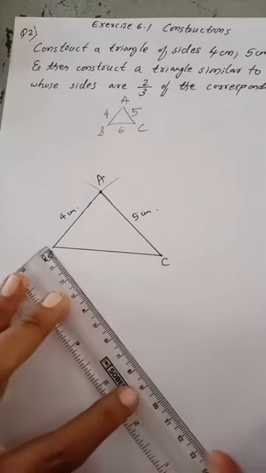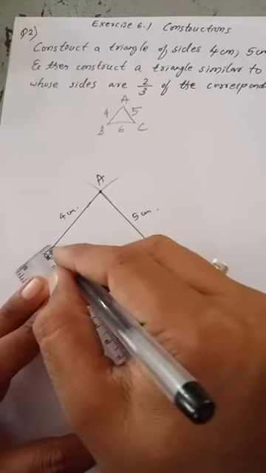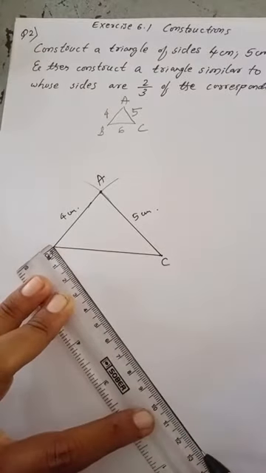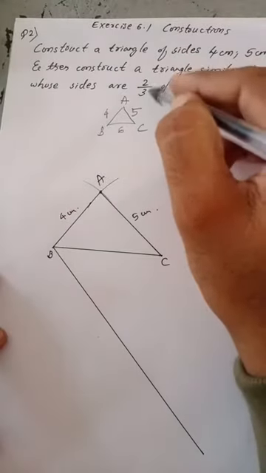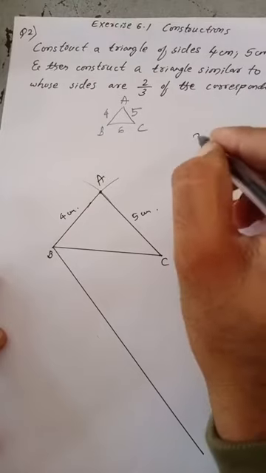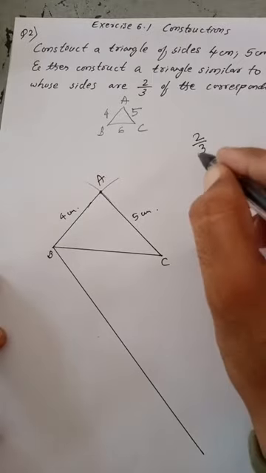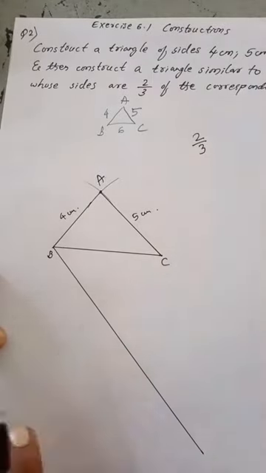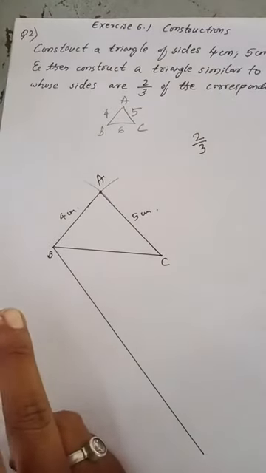The next procedure is the same. Draw an acute angle ray. Whichever question it is, you should draw an acute angle ray like this. Then observe the fraction value, that is 2 by 3. Here there is no need to add. Earlier questions were in ratio, which we had added, but this is not a ratio, so no need to add. The bigger value is the number of cuts you have to take. 2 and 3, which is bigger? 3. So you have to take 3 cuts here using the compass.